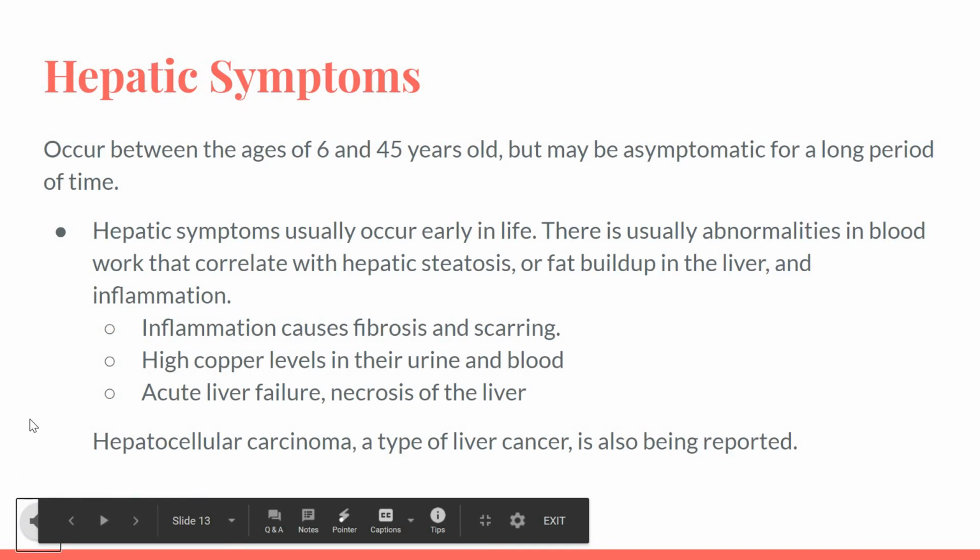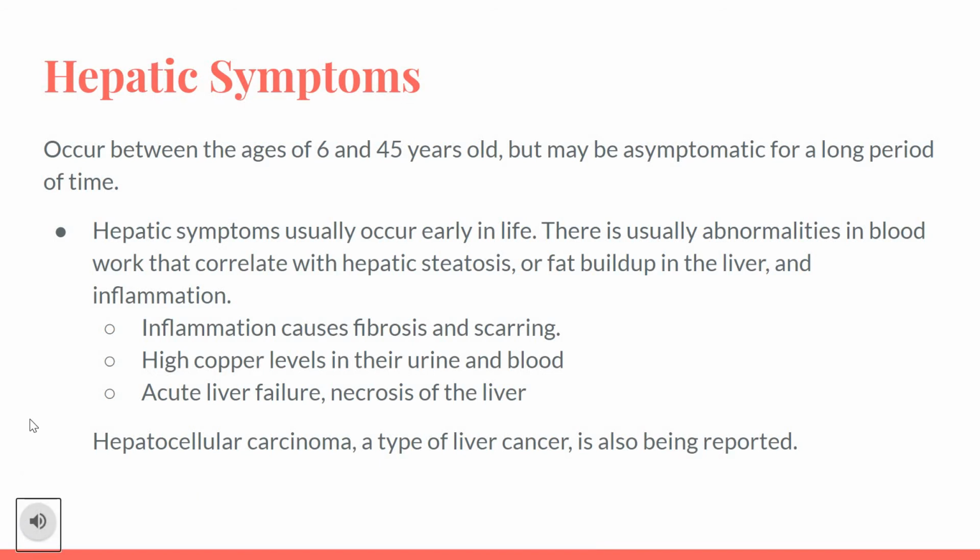Hepatic symptoms of Wilson's disease are the most common type of symptoms a person experiences. They usually occur between the ages of 6 and 45, but you may be asymptomatic up into your 20s or 30s. Usually there is an abnormality in blood work that correlates with hepatic steatosis, or fat buildup in the liver, and inflammation. The inflammation, if it goes without treatment for a long period of time, causes fibrosis and scarring of